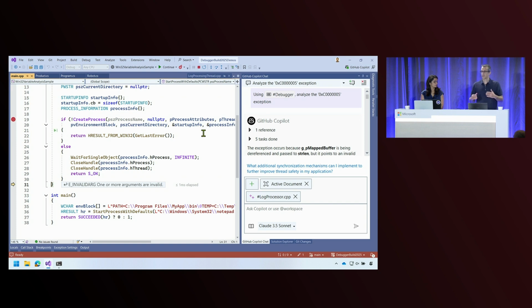What happens is you're right about to exit the function. We're inline in the editor, and we're going to show you what the return value is going to be for this method. Here in this case, it's an HRESULT value. It's E_INVALIDARG. And the reason the data type says this function will return is because we haven't actually completed the return. The function hasn't completed its cleanup. But we can scrape this data, so we can know with confidence that this is going to be the return value for this method.